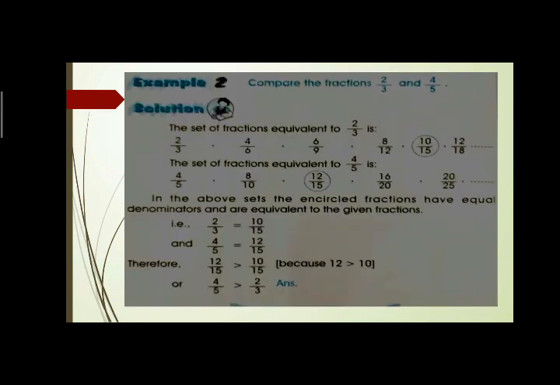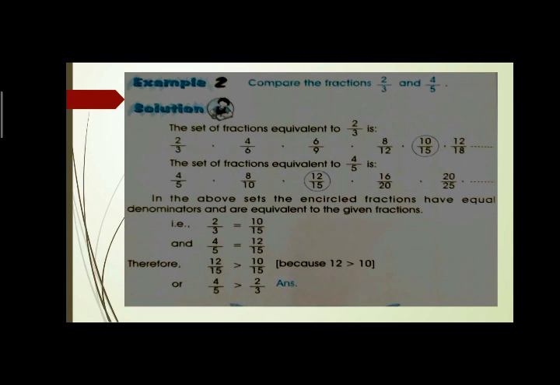Now I have one example from your book, page number 38. Look here, comparison of fractions with unlike numerator and denominator, like 2 upon 3 and 4 upon 5. Here is a pair of numbers, 2 upon 3 and 4 upon 5. In this pair of numbers, first we build